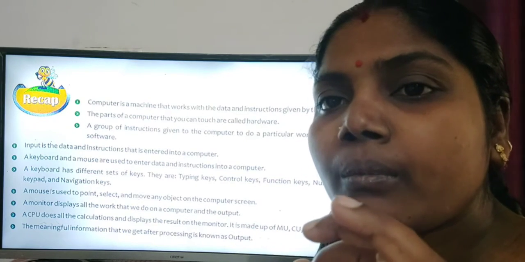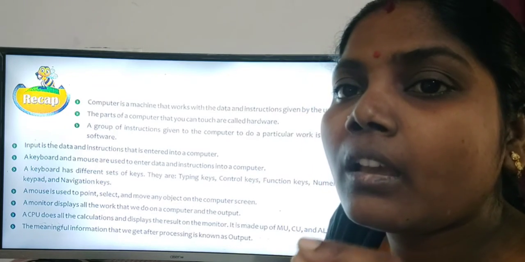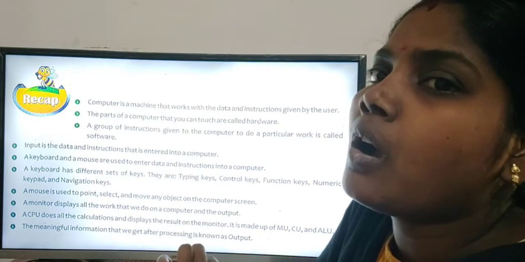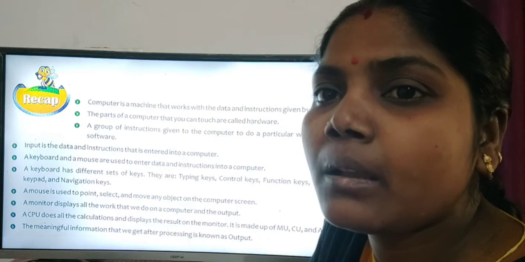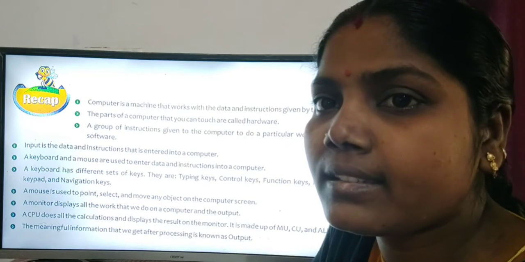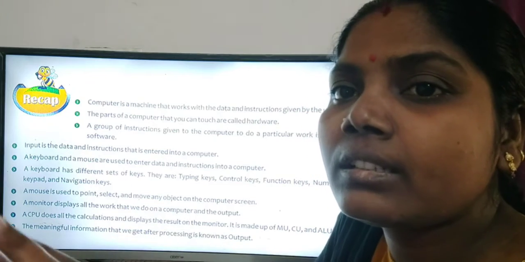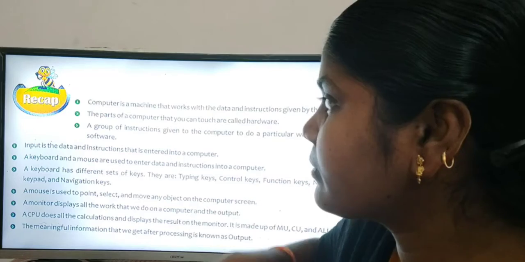A computer takes the input, processes it, then gives an output. We saw many examples in our lessons. You may turn to your books and see those examples, then you will understand.